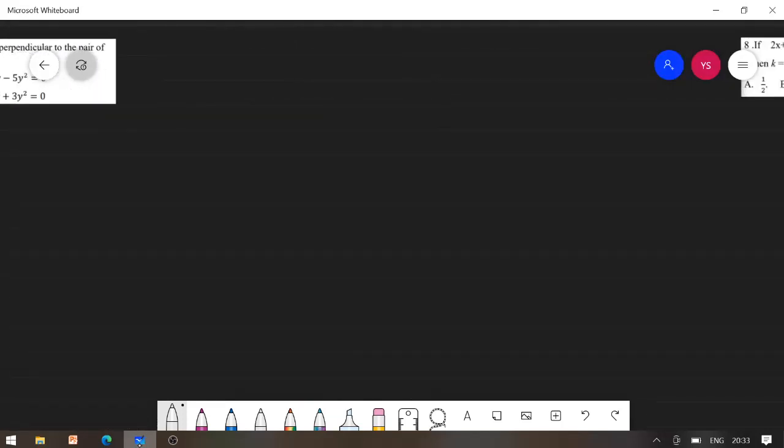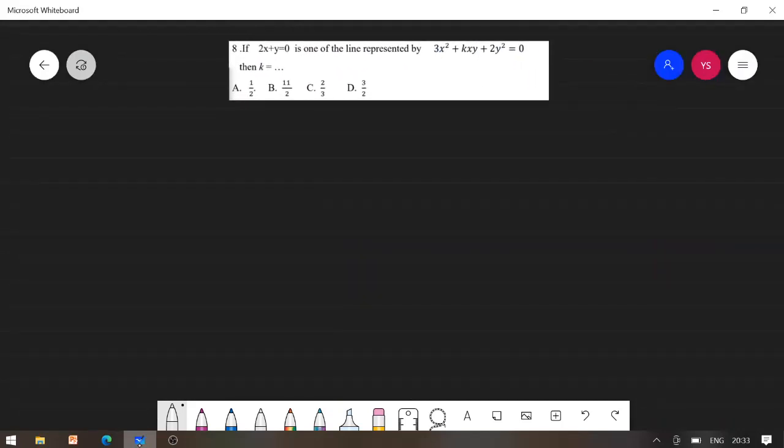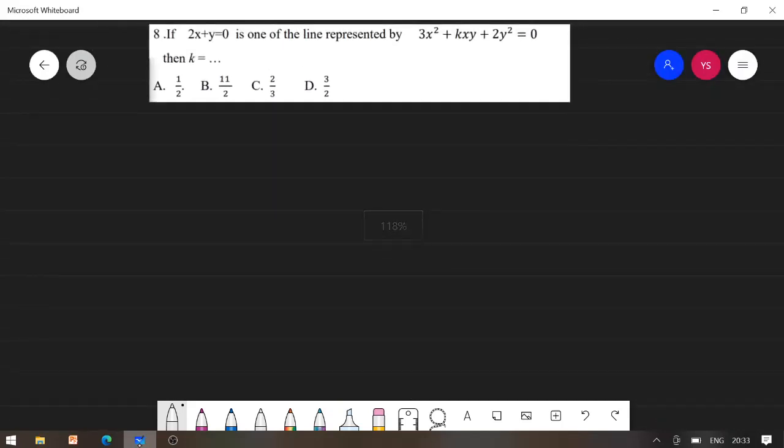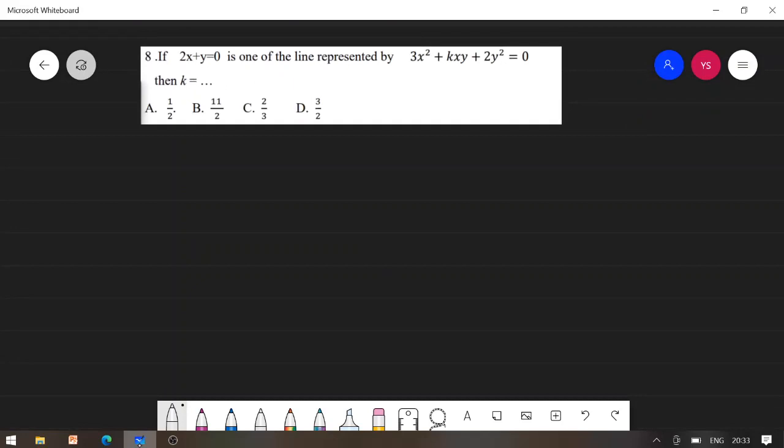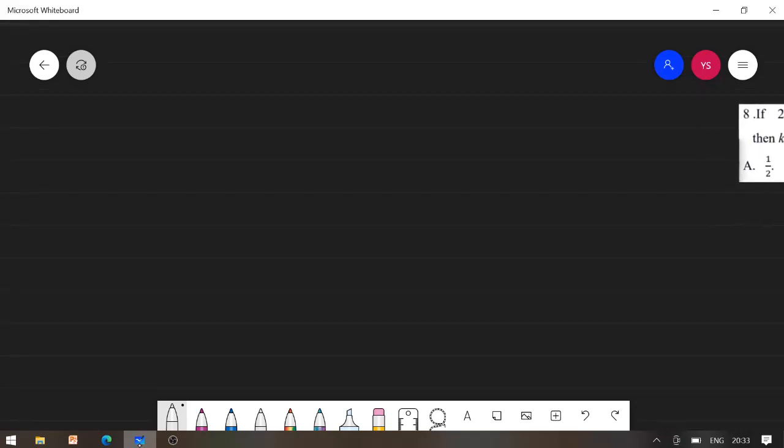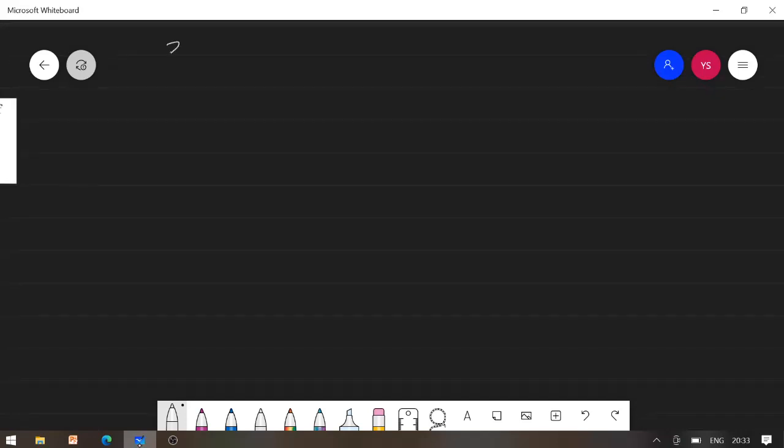6th already over. 8th MCQ. I forgot to take that screenshot for the 7th MCQ. The 7th MCQ is of the form "the acute angle between", it is the easiest one. We will try the 7th MCQ.